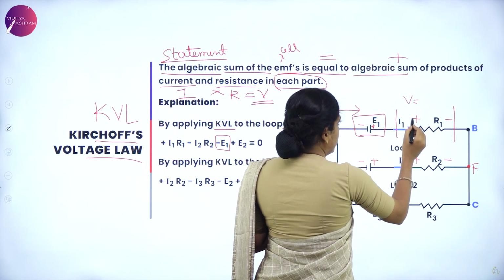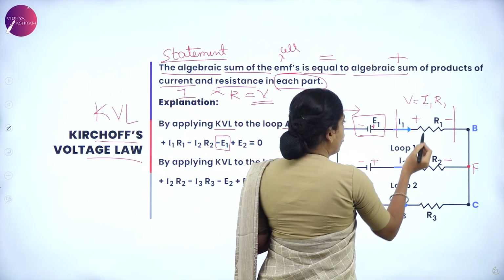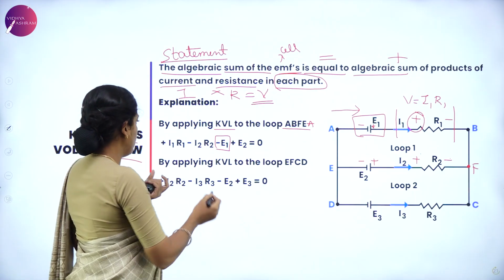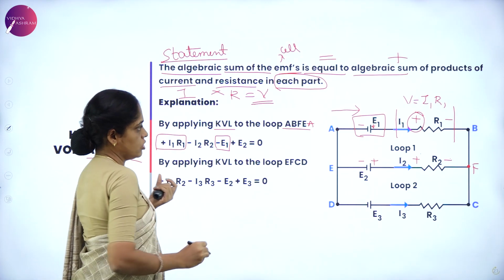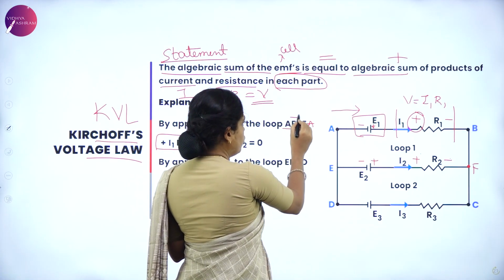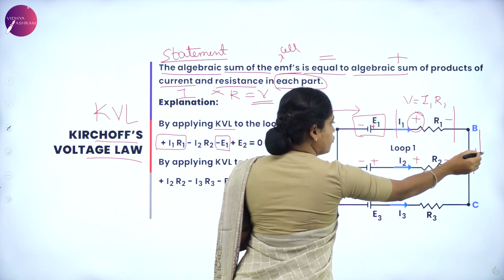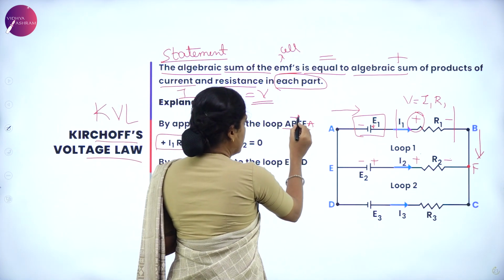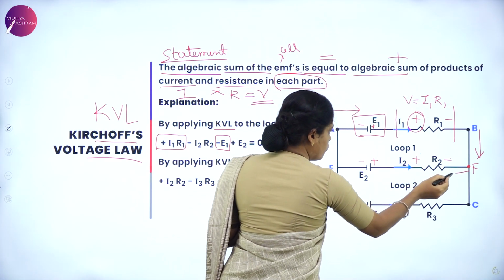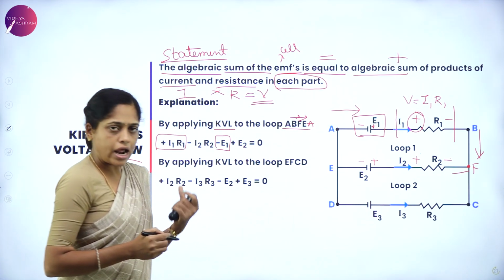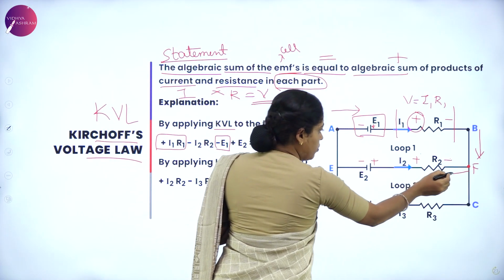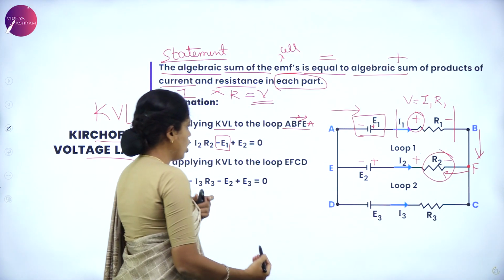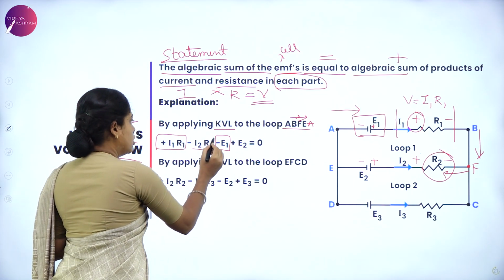Yes, let us next find out the voltage across the resistor. The voltage is given by I1 R1. For this, the first sign which I reach is positive, therefore I1 R1 is positive. From B, let us move to F. B to F, no component between the point B and F. Okay, next F to E. Yes, from F to E, we have a resistor and cell. While moving from F to E, I have a resistor R2 across which the voltage is I2 R2.